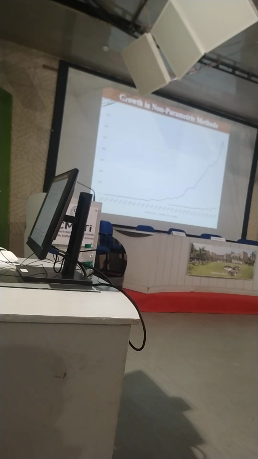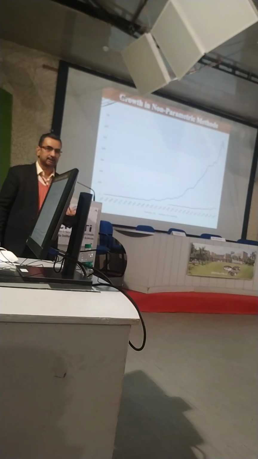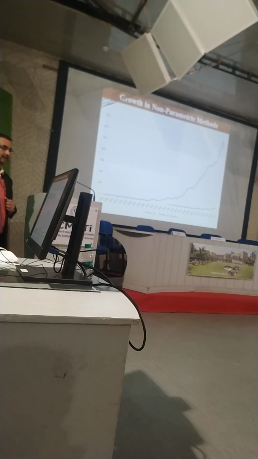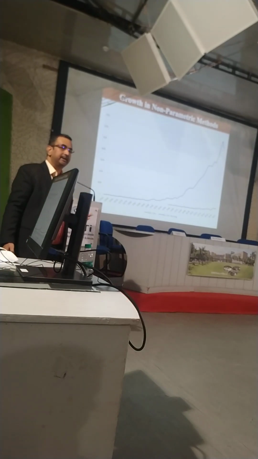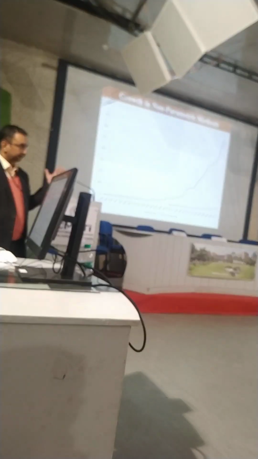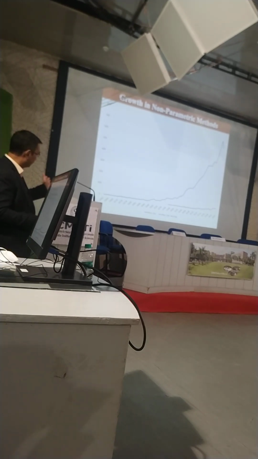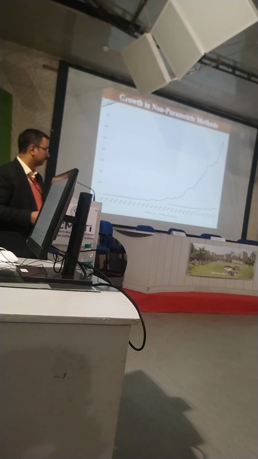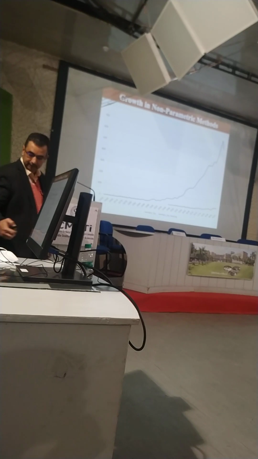And if you try to see the growth of non-parametric literature in medical sciences over a period of the last 40-50 years, the concept of non-parametric methods was there in the 18th century. It started around about 1700, but it kept on increasing after 1988, and in the field of nursing, it started somewhere in